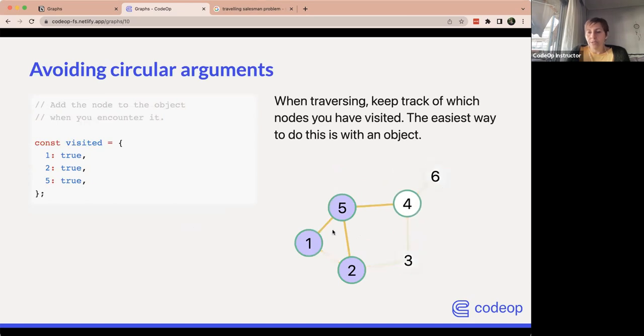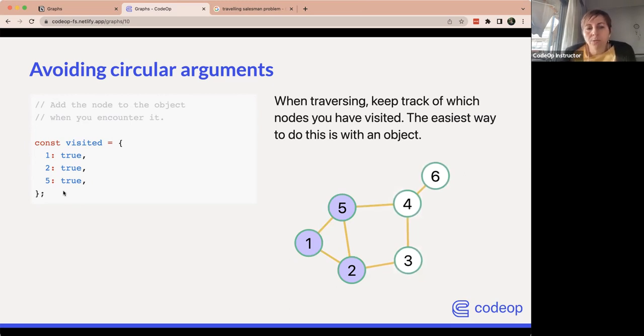And in order to avoid these circular loops, we will be keeping somewhere all the visited nodes. And one way of doing it is having this object, the visited object. Every time I visit a node, I add it to my visited object with 1 and the value of true, so that I know that I have visited the node 1. And so I could do it another way. I don't really have to do it with an object. Maybe I could do it with an array as well, to have an array of all the visited